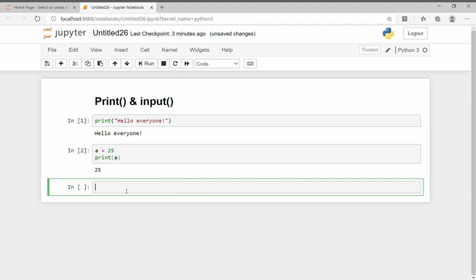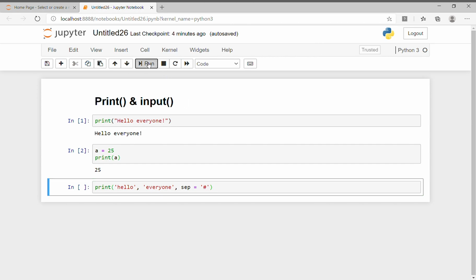Third way, we can use the end or sep keyword. These both are predefined keywords, so we can use them as they are. With the help of the print statement or function, we can write hello everyone, and if I want to separate both these words with a hash, I need to write sep is equal to, inside single quotes, hash.